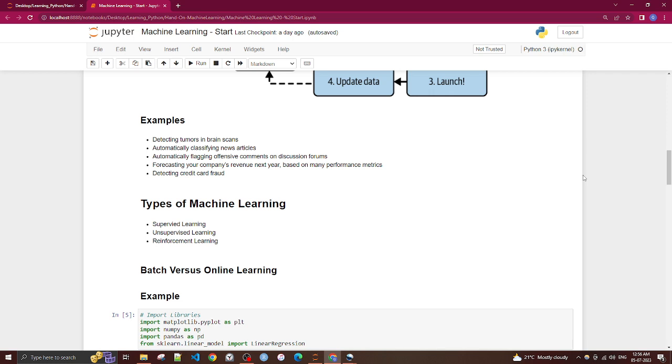When new data comes, you again train it on all the data, and then deploy it again to production. That is what we call batch learning. It means when new data comes, you have to redo it and put it into production for the actual work. On the other hand, with online learning, you train your system incrementally,